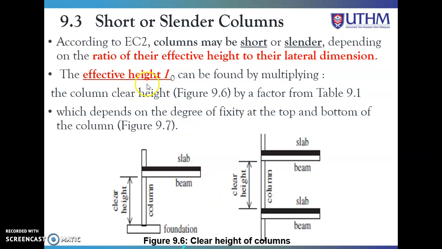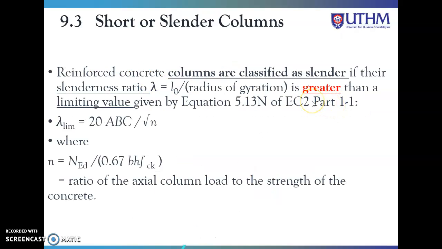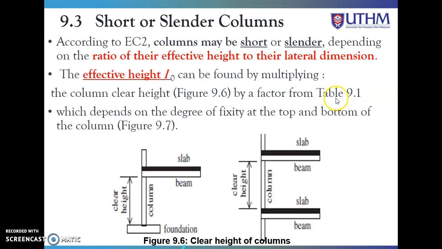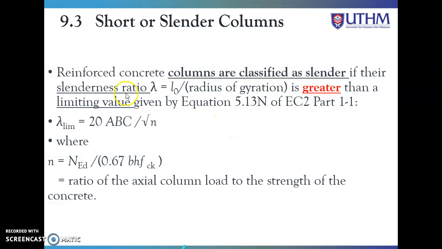Tapi effective height adalah column clear height times with the factor. Okay. Nanti saya tunjuk faktor 9.1. Depends on the degree of fixity. Maksudnya nak tengok pula degree of fixity ni dekat top and bottom. Maksudnya let's say kita nak design column ni, kita kena tengok dekat atas ni keadaan ni macam mana, dekat bawah ni keadaan ni macam mana. And okay, kita dah kira dia punya effective